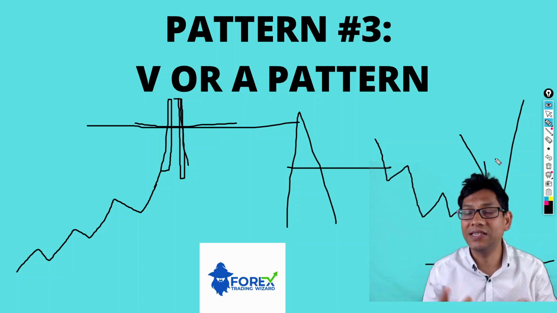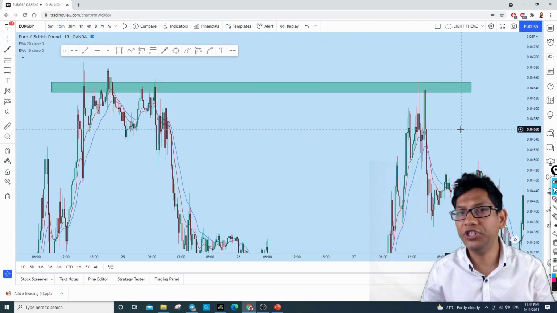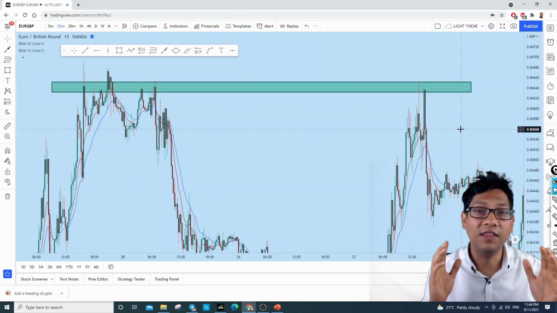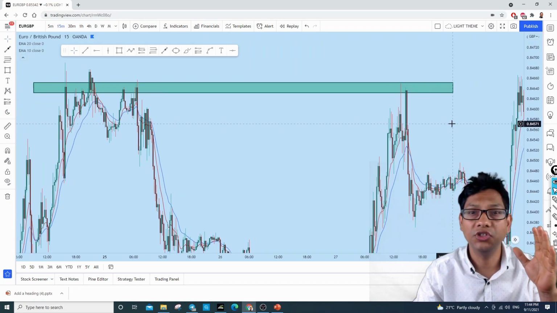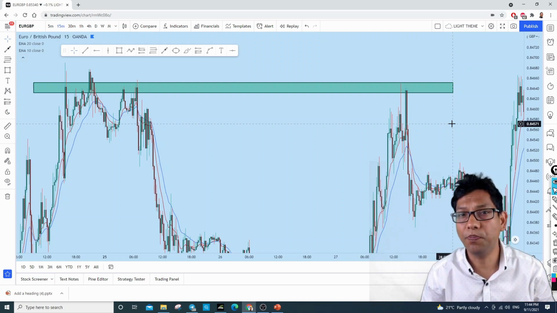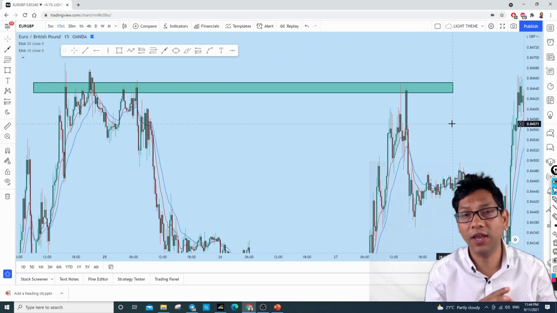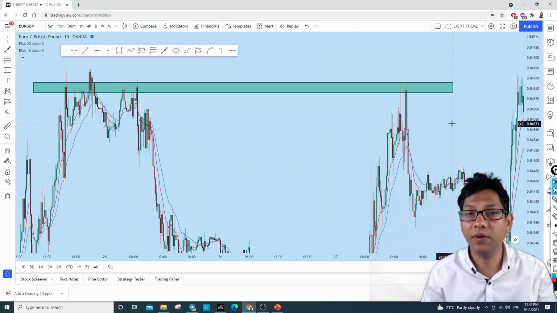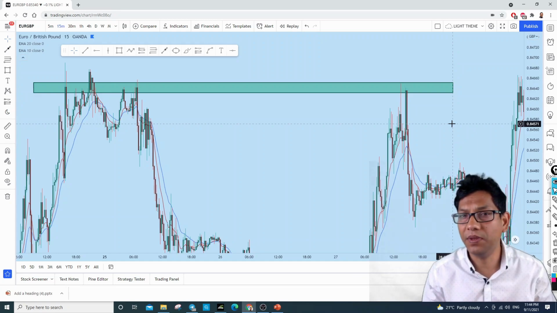Now let's see in a real chart what I mean by this. To understand the V or A-shaped pattern, let's first look at this example on Euro GBP. This is a 15-minute chart. These types of patterns more often work on 15 minutes. They can work on every time frame, hourly, 4 hour, but it happens more often on the 15-minute time frame,